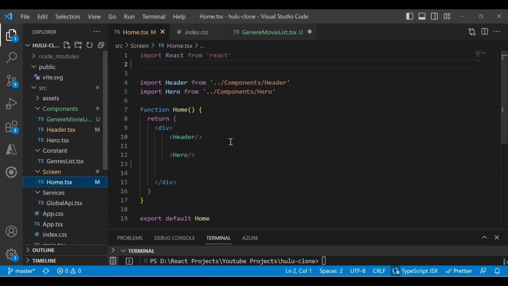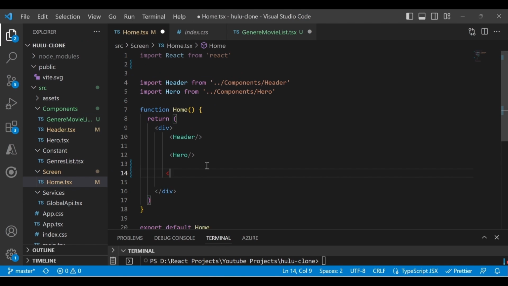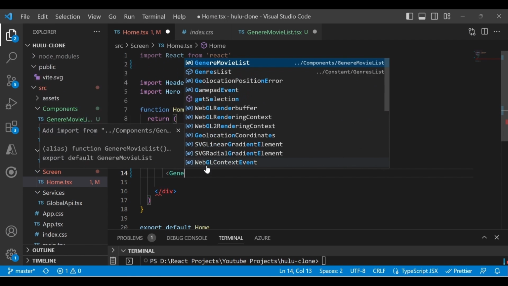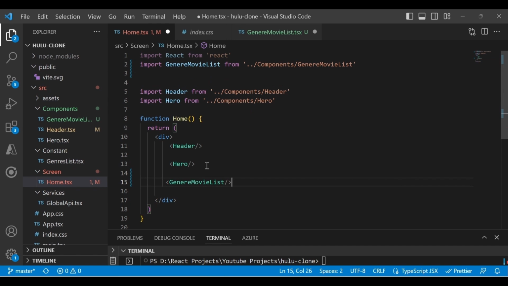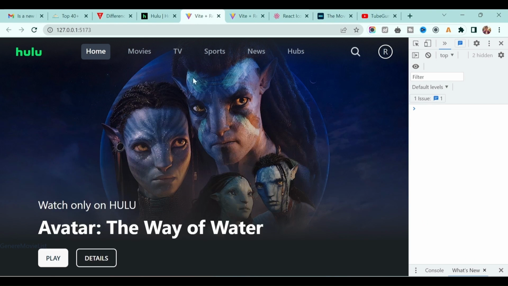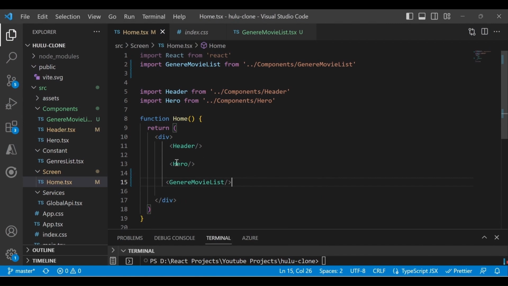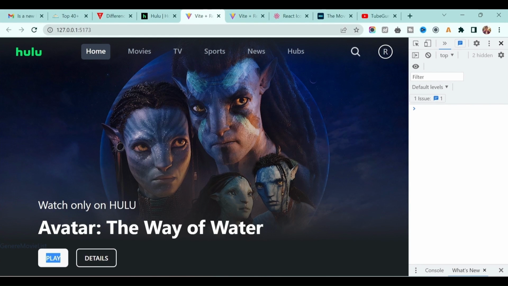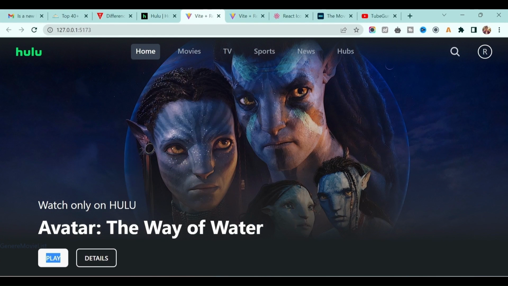Go to the home and make sure you add that one: GenreMovieList, and save everything. Let's go back to our application, and if you see, this name is coming up here, the GenreMovieList. It's coming very upside, so we'll give some margin. We'll remove this one.